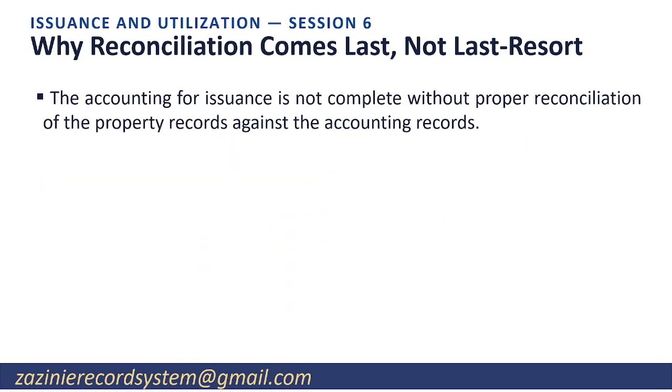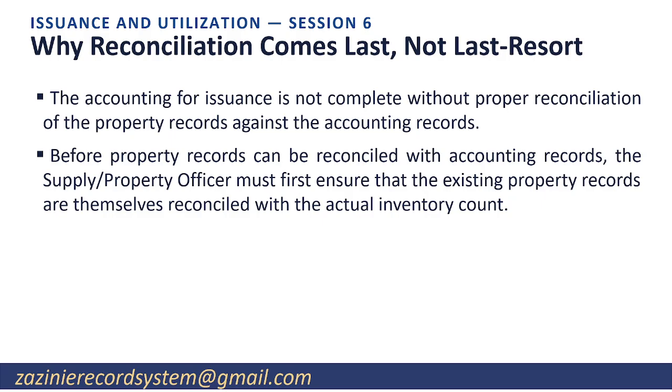The accounting for issuance is not complete without proper reconciliation of the property records against the accounting records. Before property records can be reconciled with accounting records, the supply or property officer must first ensure that the existing property records are themselves reconciled with the actual inventory count. This two-step sequence, physical count reconciled to property records, then property records reconciled to accounting records, is what makes the